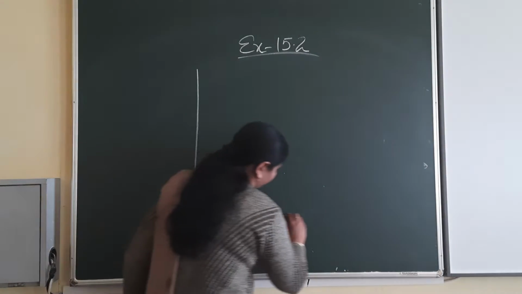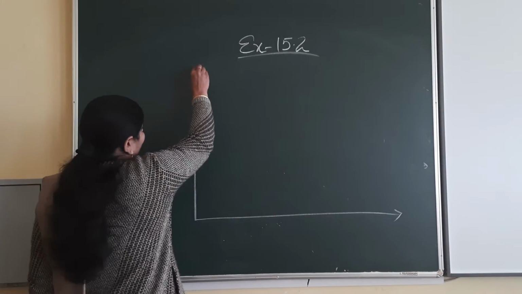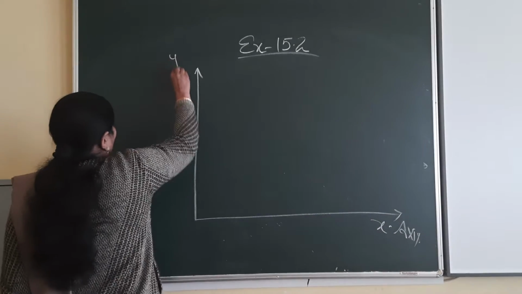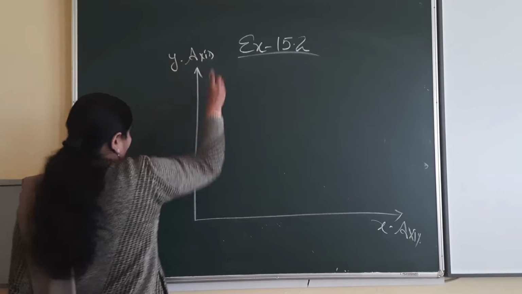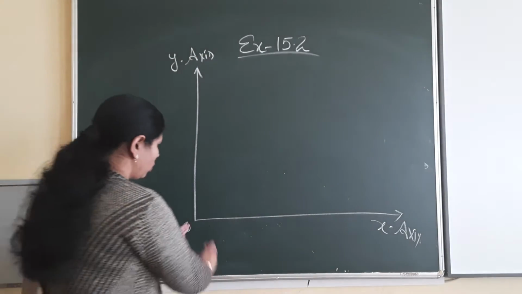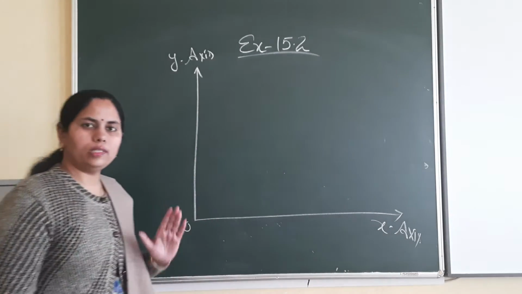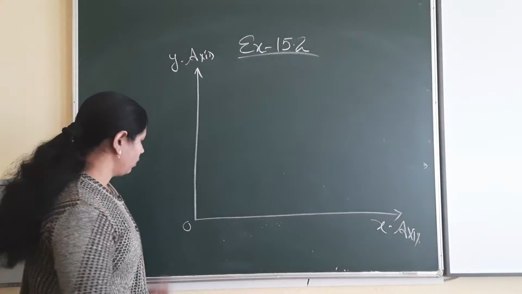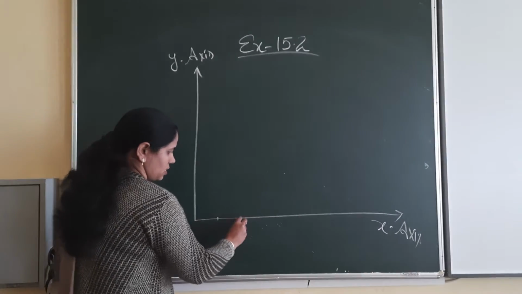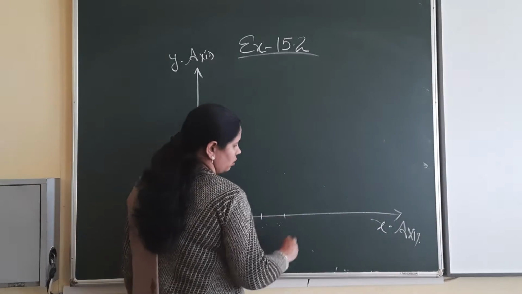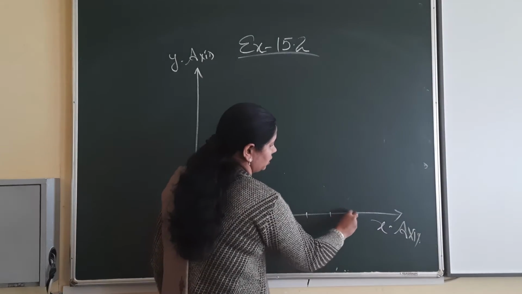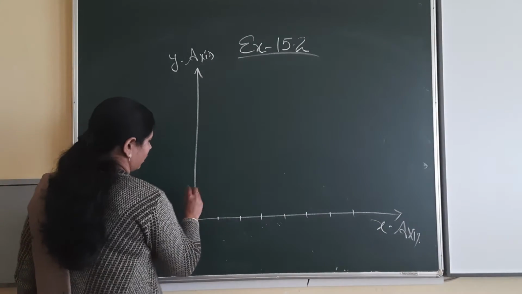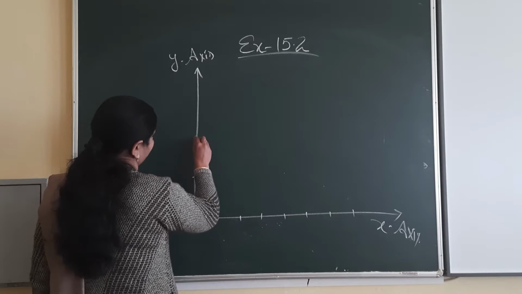So here, suppose on the graph sheet, we have two axes. X-axis is here and y-axis is here, and this one is the origin. On x-axis, we denote all the values of x, that is a horizontal line, and on the vertical line, all the values of y. So all the values on x-axis give us the value of x, this is called x coordinate, and all the values that we denote on y-axis, that is the value of y, and we can say that is y coordinate.